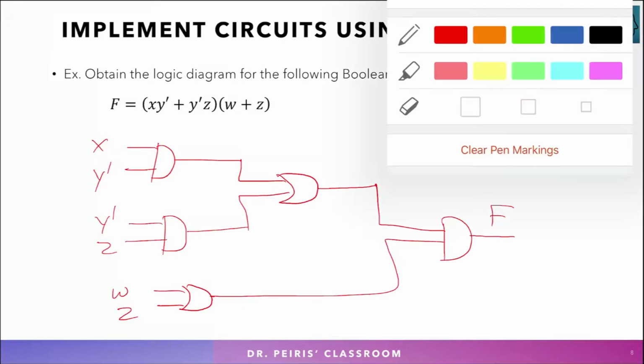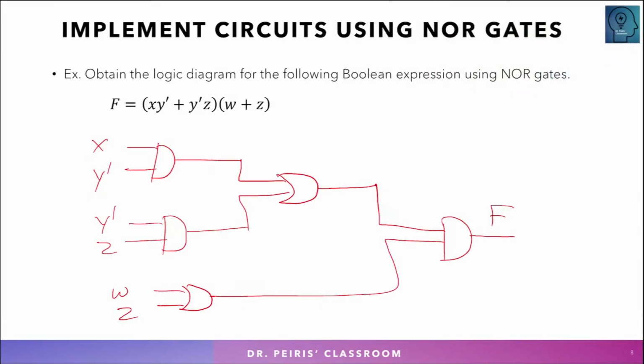So what we're going to do is follow the same procedure. Here I'm going to do the modifications on the same one. Now we need to make all NOR gates, so you can see that the first one is an AND, so to make it a NOR gate we put the bubbles on the front. Same thing for this one, we put the bubbles at the inputs. So put the bubble here, put the bubble here. So what happens once you place the bubbles? This becomes a NOR gate, but to compensate these bubbles we must complement these variables.